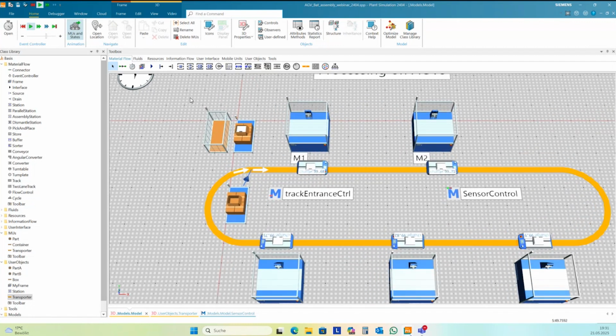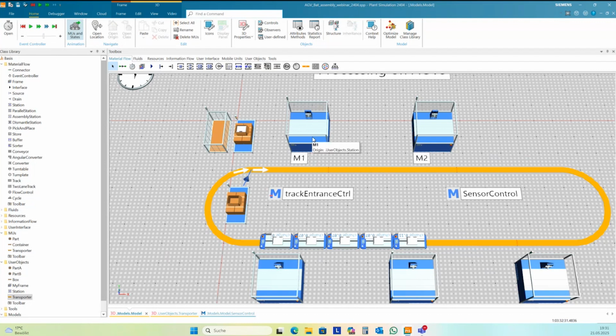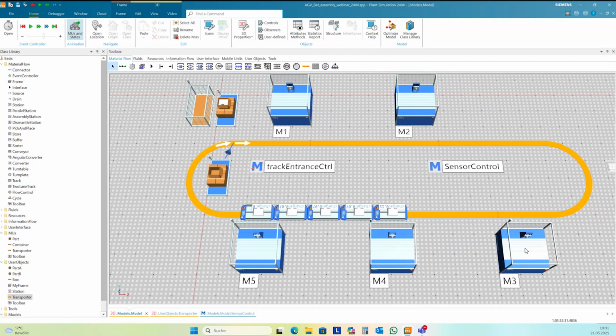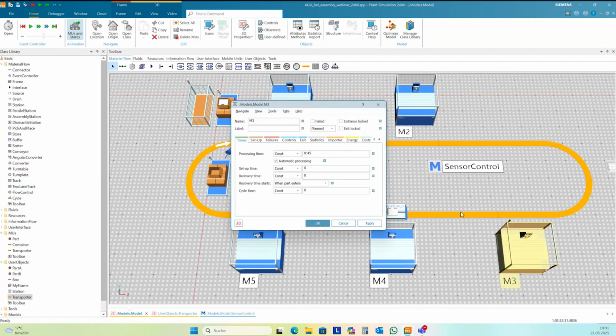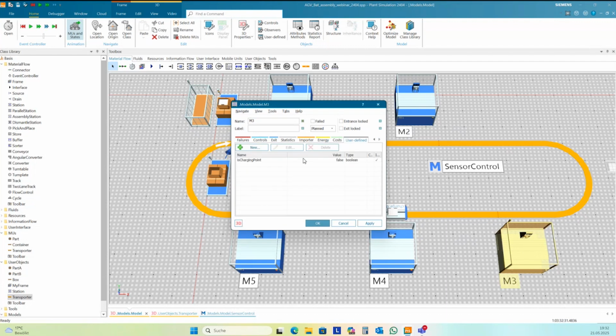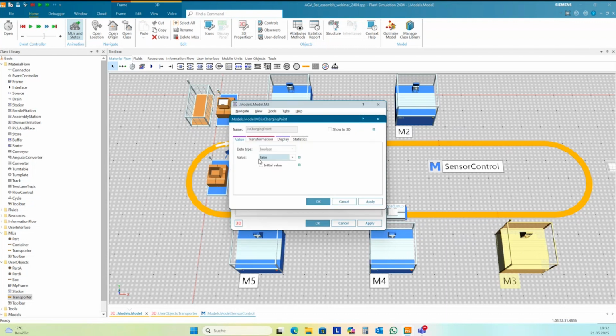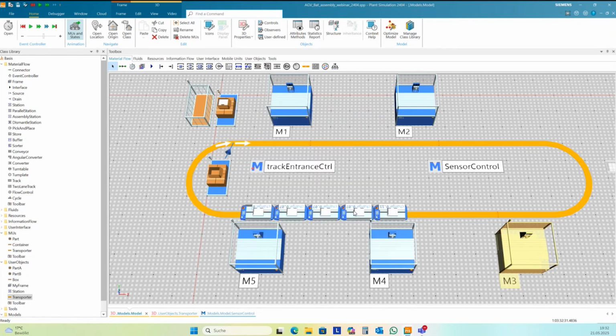And then we can observe the state of the battery here, and you can see it becomes less and less, and then it's over. And so we need more than one charging point. Maybe here at M3, I activate my user-defined attribute, the charging point, the second one, and try it again.